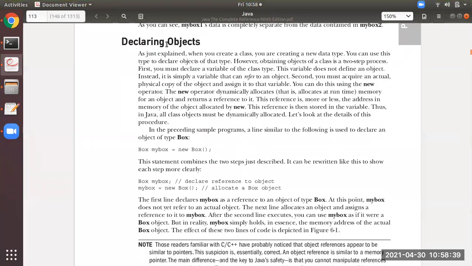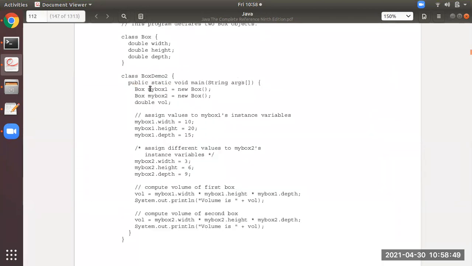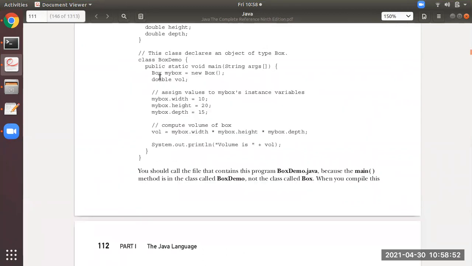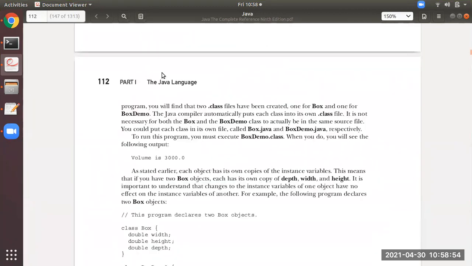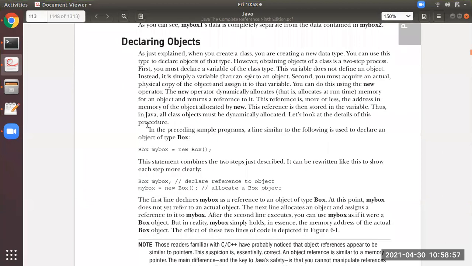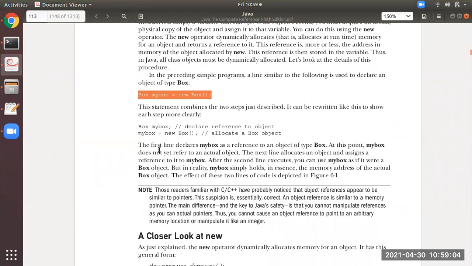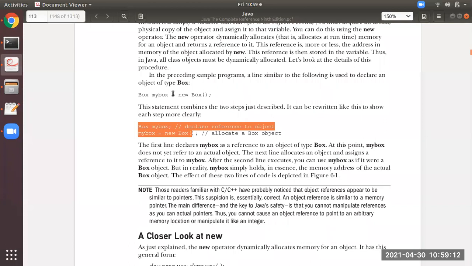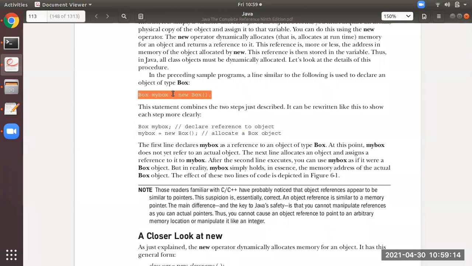Okay students, now the next thing is declaring objects. So what is declaring objects? As I said, I have explained about this part now. Here also, that part is nothing but declaring objects. This is the complete thing, but this complete statement can be written in two steps, first step and second step. Or if you don't want to write in two steps, you can straight away write it in this one step only.